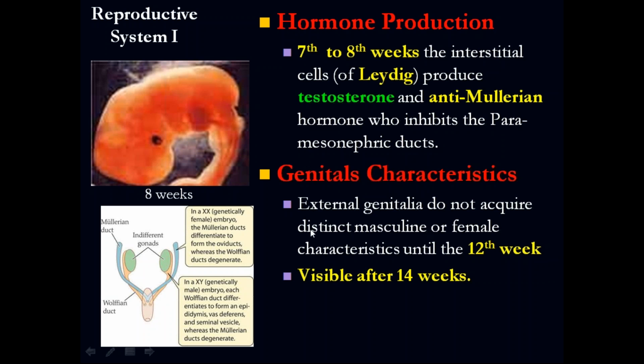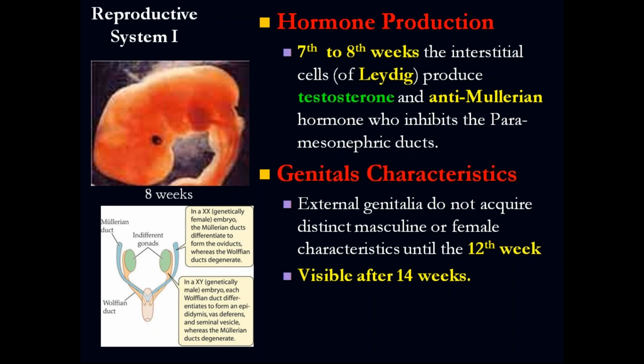Okay? All right, so regarding the genital characteristics, the earliest that you can find out the gender of the fetus: first of all, appearance is going to be the same at 7 weeks, 8 weeks, 9 weeks. So with an ultrasound, that is the tool that we have, they are not going to be able to differentiate the external organs. So when is that going to be? About 12 weeks. At 14 weeks, they must be seen already. But at 12 weeks, you start to see the external genitalia differences between male and female.